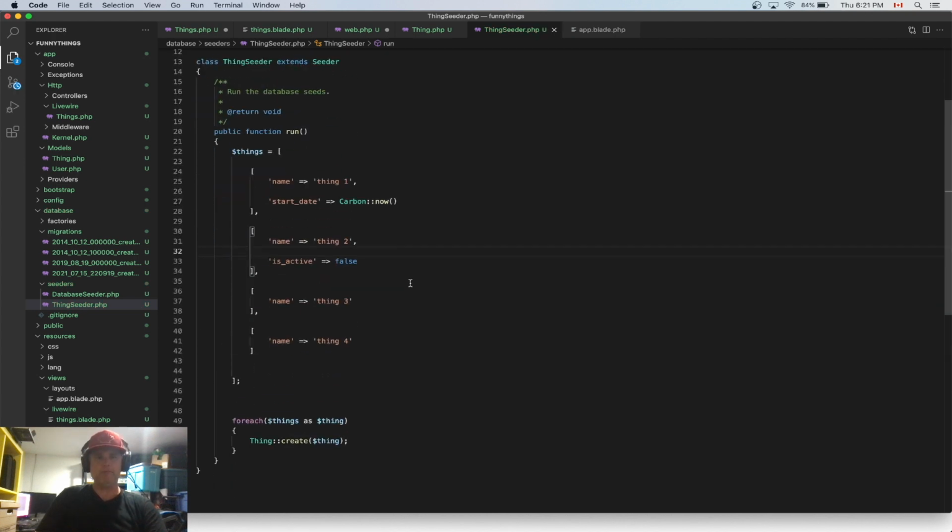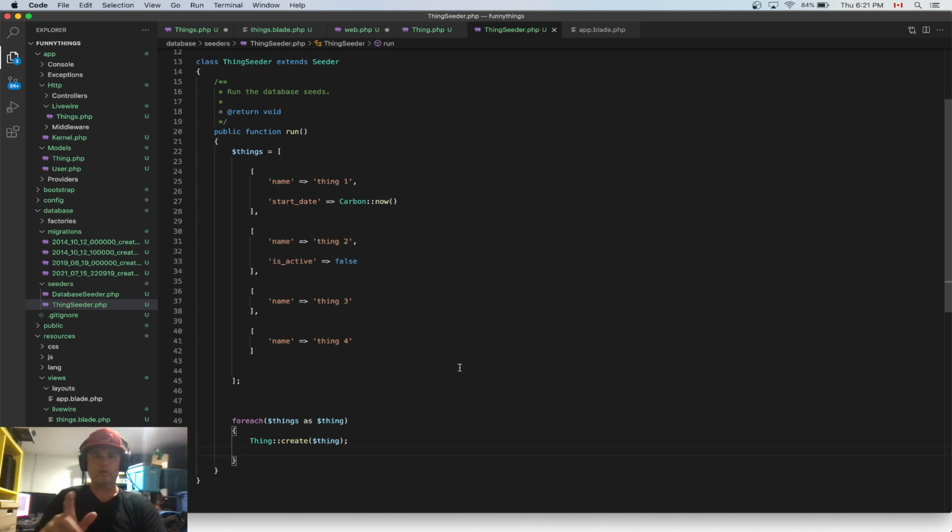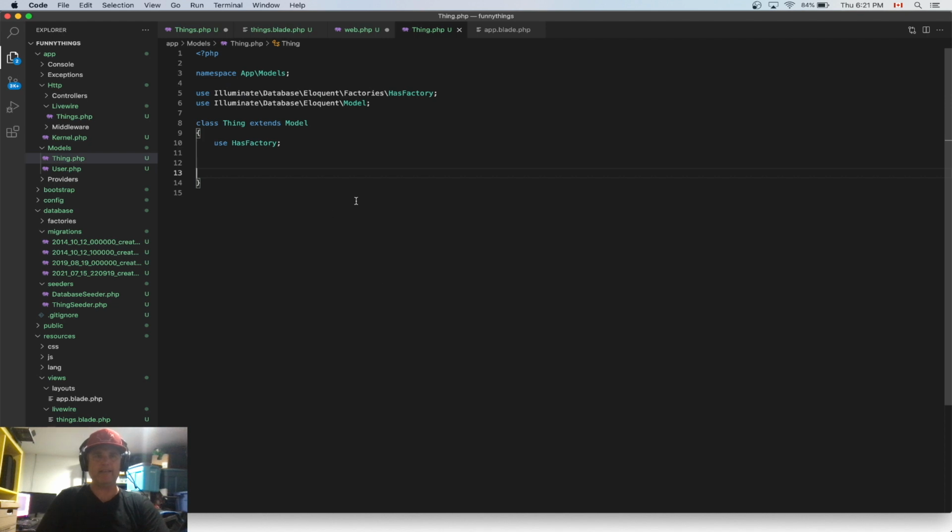All done. But normally, when you are doing database saving and all that kind of stuff, you would do something like thing equals new thing, and then you would say thing name equals whatever you got it from up there, and then eventually thing save like that. But what we're doing here is called a mass assignment. I'm sure other frameworks do the same thing. And because we're mass assigning things in this thing, we have to